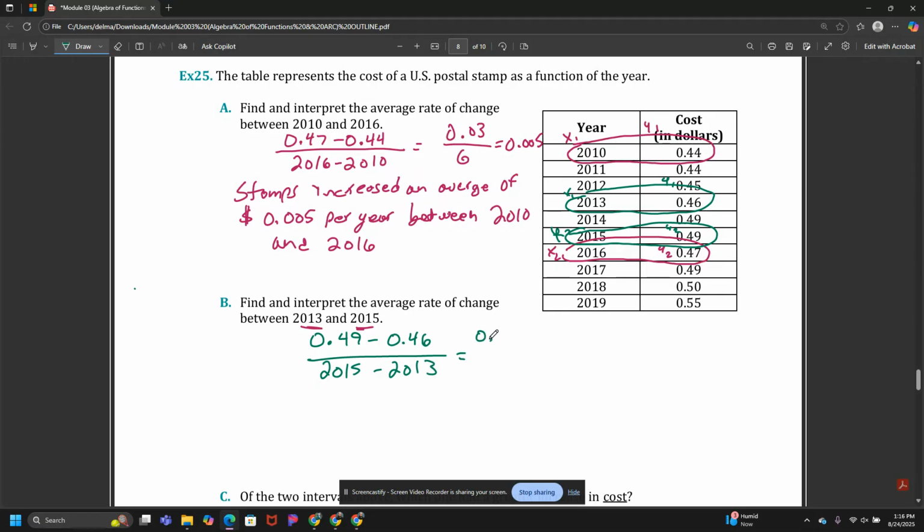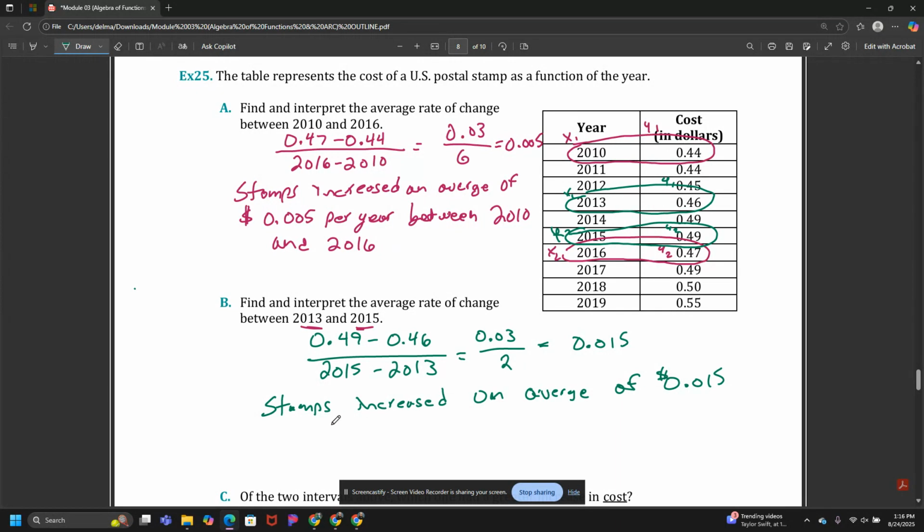That's a difference of 0.03 and a difference of 2. Okay, and that gets me 0.015. So stamps increased on average 0.015 dollars,